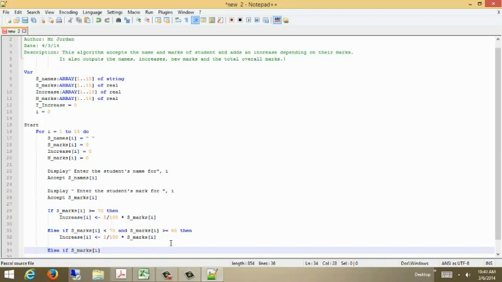But I'm just typing everything here. If S marks is less than this time 60, and S underscore marks, again, don't forget your index variable, is more than, not equal this time, 50, then